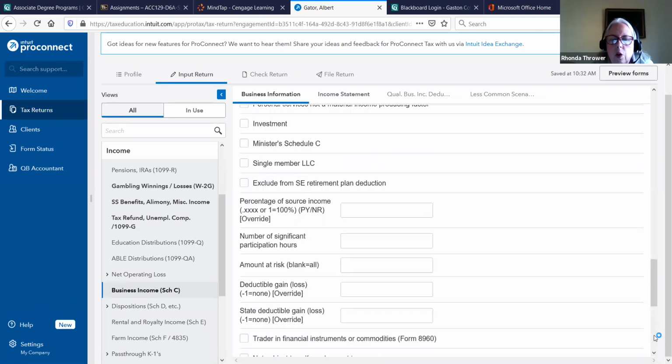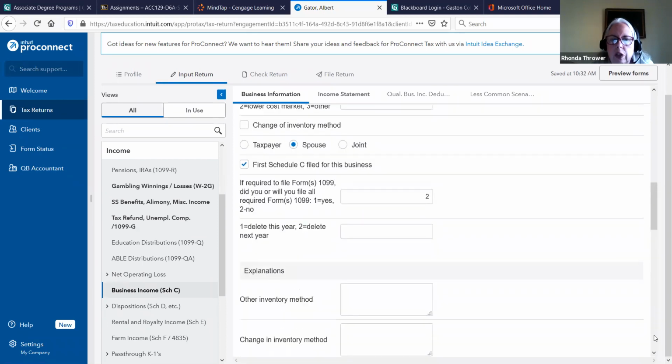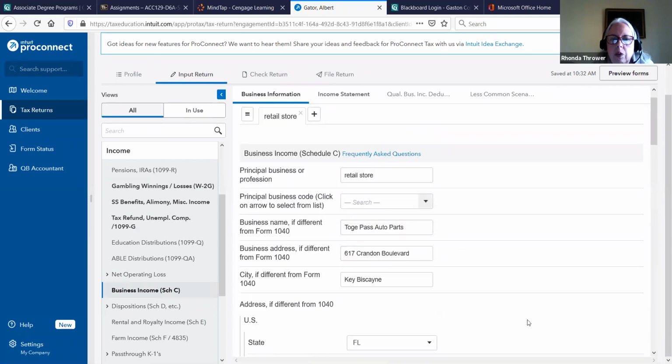So the first part of the Schedule C is just determining some of the business information. I want you to look up here. There's also a menu that you use going across, and the business information is just information about the retail business that was started by Allison during this year. So we're going to really be preparing a Schedule C, which is an income statement. Do you see up here where we got income statement? If you'll click on that,